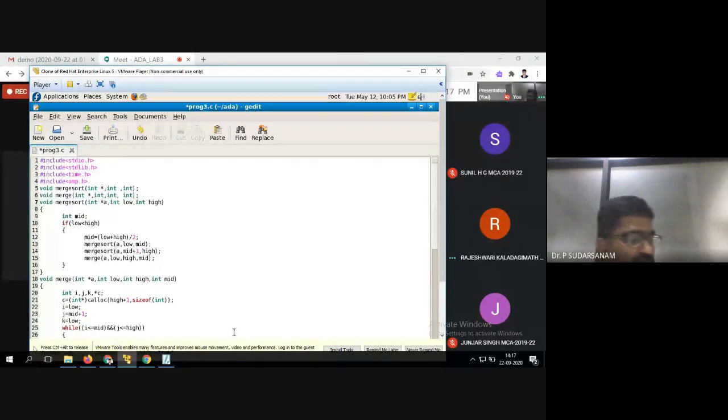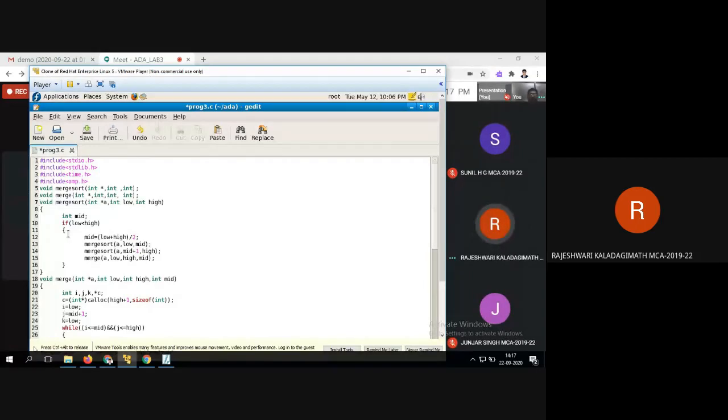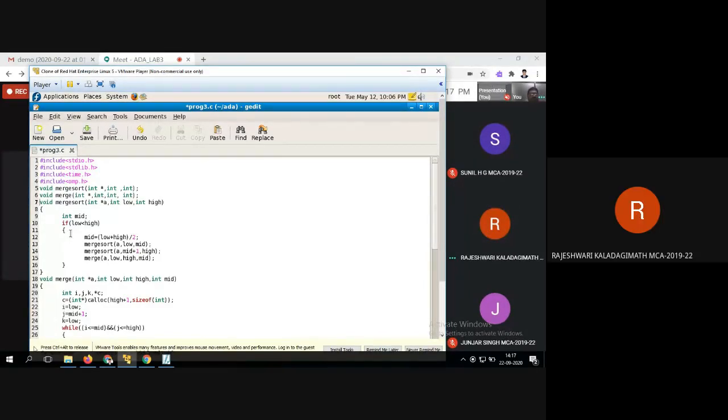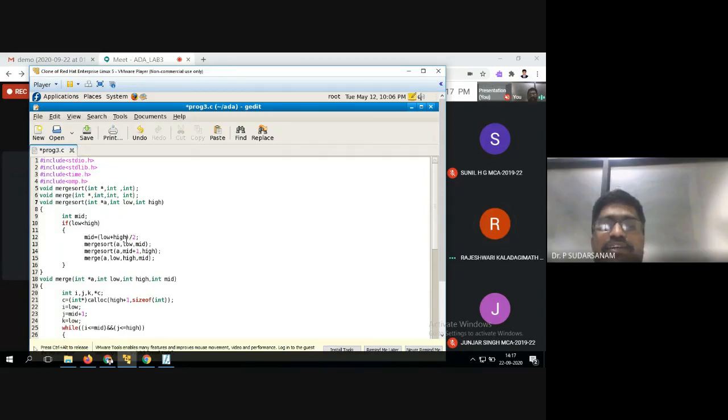Correct now? How have you written it? Now read what you wrote in the function merge sort. Sir, if low is less than high, flower bracket, then calculate the mid value. Correct now. Mid is equal to low plus high divided by 2. I have written the same thing.